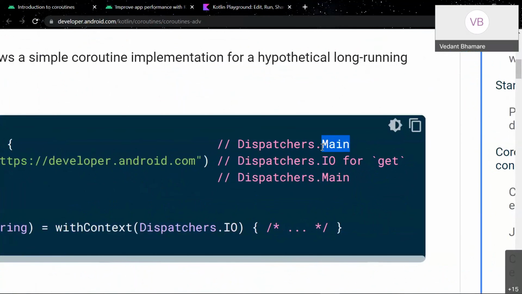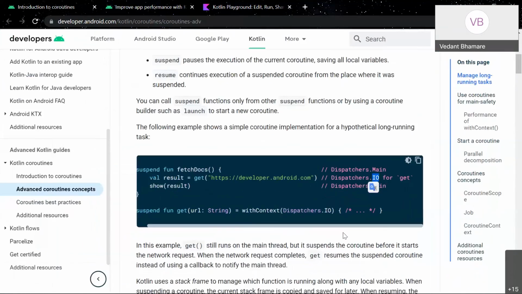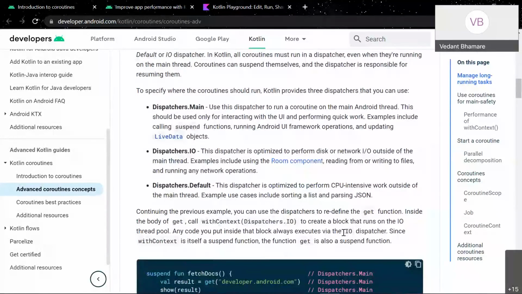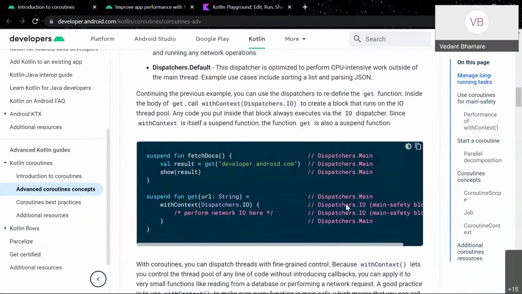Main is, as I said, the main thread. IO means the input-output thread. This is used for taking inputs and giving outputs, like in networking. There is one more, I guess, but it is not usually used or talked about, so these are the two main ones. Actually, the third one is Default.